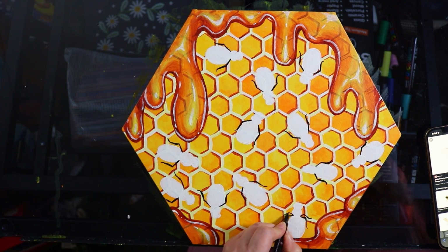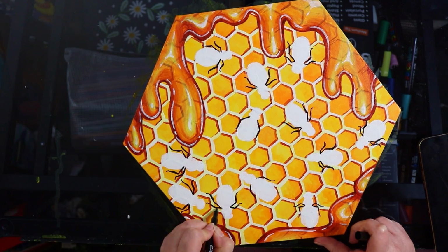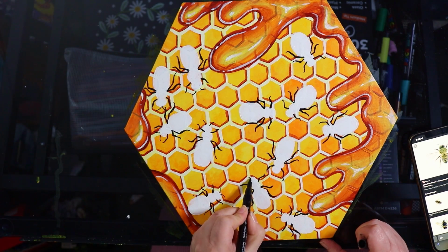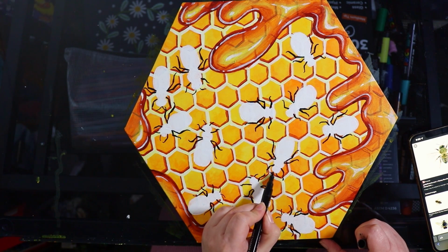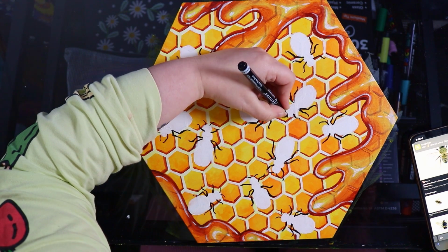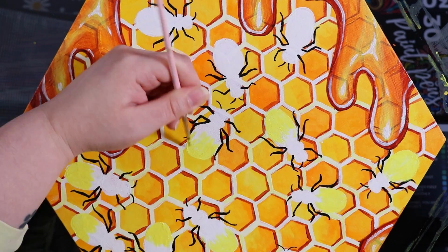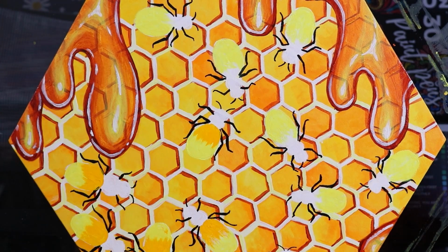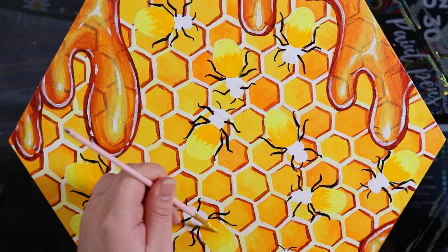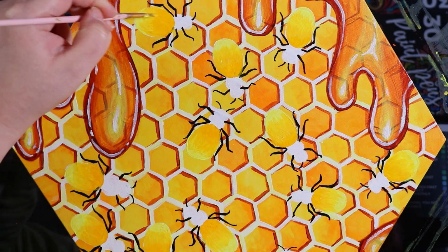Now once that is dry, I'm going in with my paint pens because I want to do some crisp, fine details, and I just find it so much easier to do this with a paint pen versus a small paintbrush. I'm not the most careful with paintbrushes, so this is definitely what's better for me. And just like all of the other aspects of this artwork, I'm working from back to front. So I'm doing the legs first,